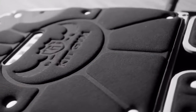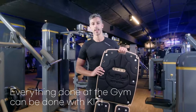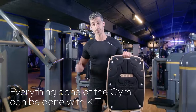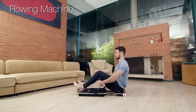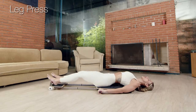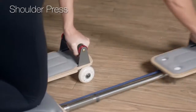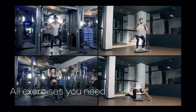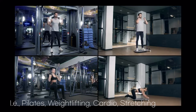With the only perfect all-in-one exercise kit, Kit Gym, everything they do at the gym right now can be done with it. Firstly, mountain climber. Second, rowing machine. Third, leg press. Fourth, side lateral raise. Fifth, squat and shoulder press. Kit Gym allows you to do any exercise you want, not only by weightlifting, but also by Pilates, cardio, and